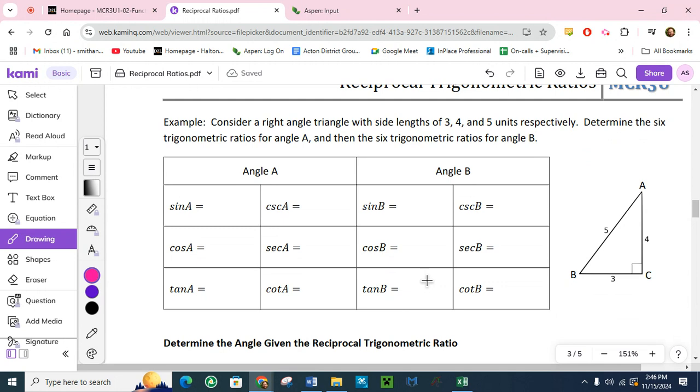And we're going to do the same thing for B, but then what we're going to do in the grade 11 course is just flip all those ratios around. So if we're talking about A, now I'm going to write this temporarily, but if we're talking about A, 3 is the opposite, 4 is the adjacent. So we're time traveling back to grade 10 when you still played